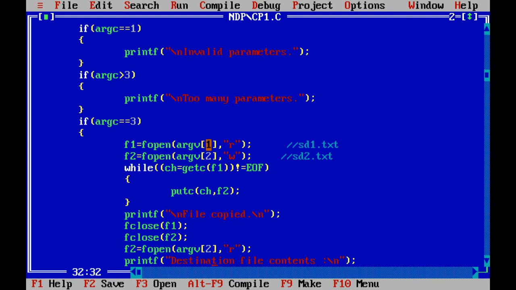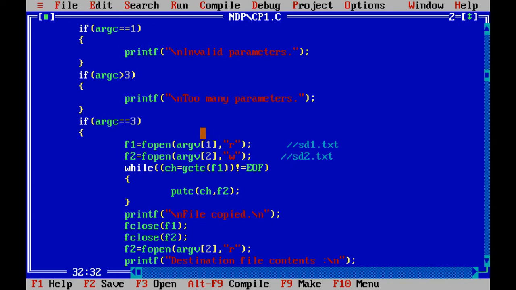Now I have already explained the arguments counter and arguments vector in the previous videos, and again I am repeating it. We are going to count the arguments from 1, 2 and onwards, but as it is an array, it is going to store from position 0, position 1 and onwards.